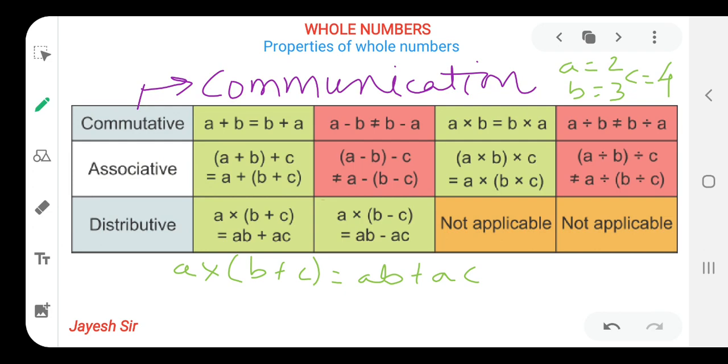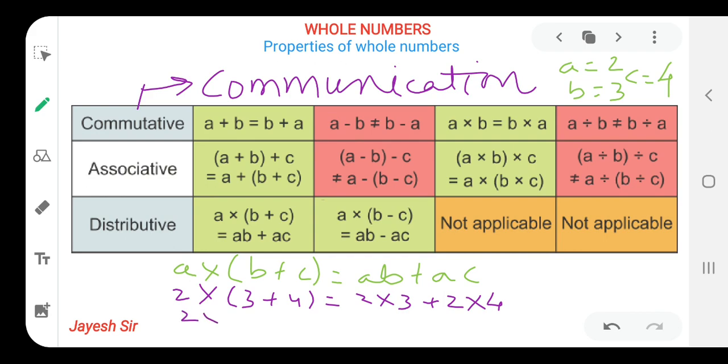First thing, as per the BODMAS rule, we have to solve the values under the bracket first, then multiply it with the A here. I hope you all might be getting it. So let's solve it. 2 multiplied by (3 plus 4) is written over here, and here AB, that means 2 multiplied by 3 plus 2 multiplied by 4. That is the same thing, friends, if you can relate it properly.